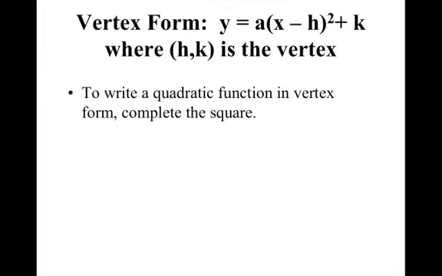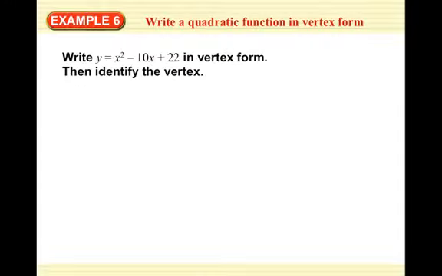Okay, another use is to write quadratic functions in vertex form when they are given to you in standard form, and that can be done by completing the square. So it's another use for completing the square. Remember, vertex form is y equals a times x minus h squared plus k. So we're going to write y equals x squared minus 10x plus 22 in vertex form, and then we're going to identify the vertex. So we write the original function,